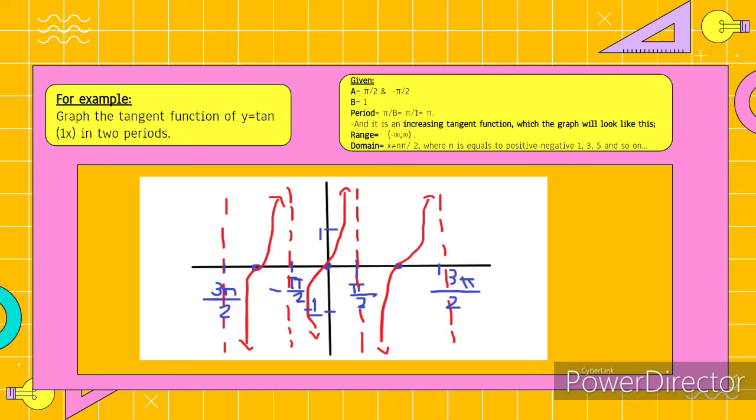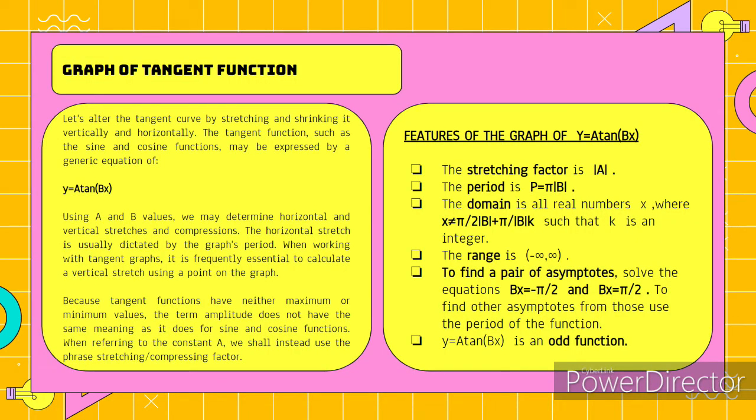Let's alter the tangent curve by stretching and shrinking it vertically and horizontally. The tangent function, such as sine and cosine functions, may be expressed by numeric functions. Y is equal to a tan bx. Using a and b values, we will determine horizontal and vertical stretches and compressions. The horizontal stretch